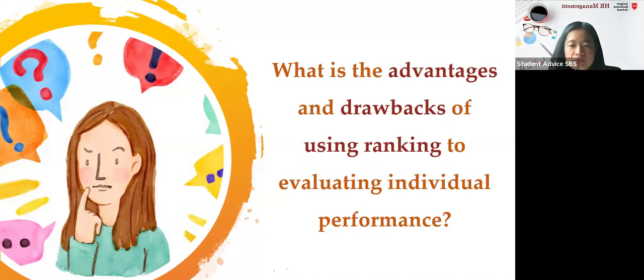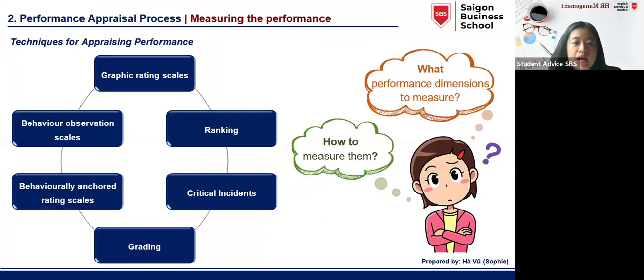So ranking is commonly used because it's easy to understand and apply. But with this drawback, with this limitation, it's better for enterprises to combine ranking and other kinds of methods to achieve the optimal result when evaluating